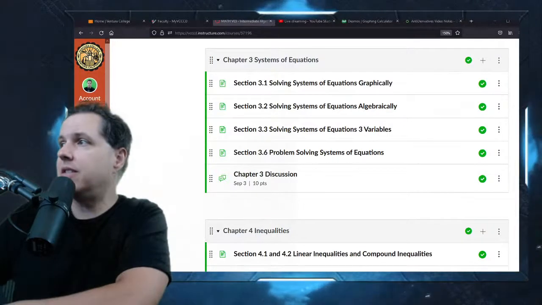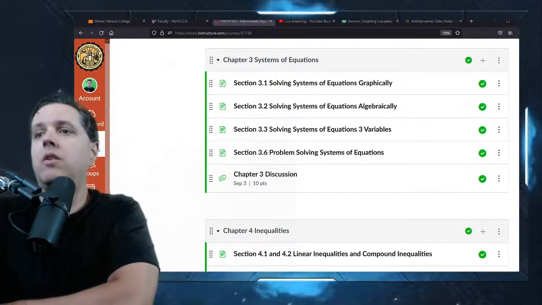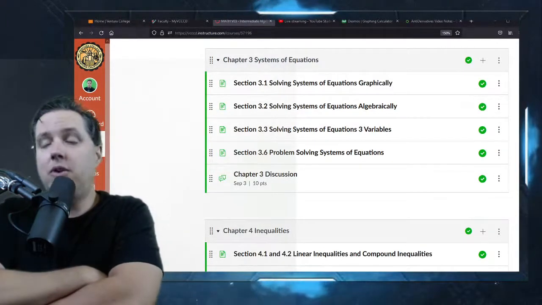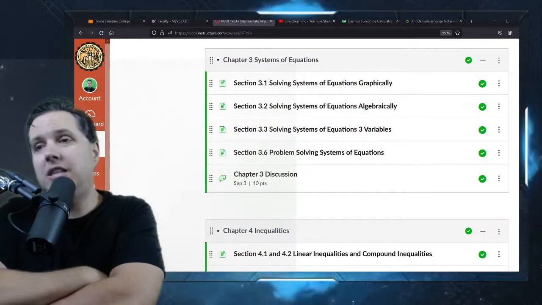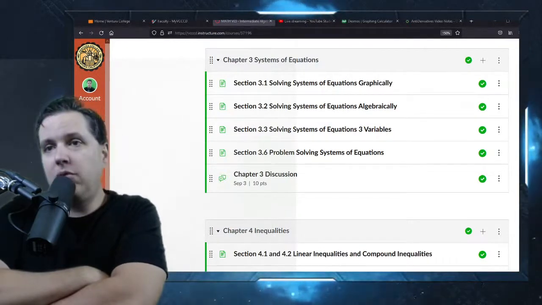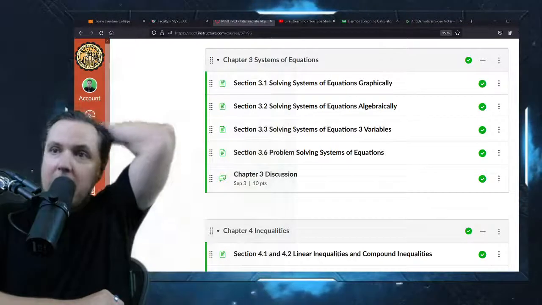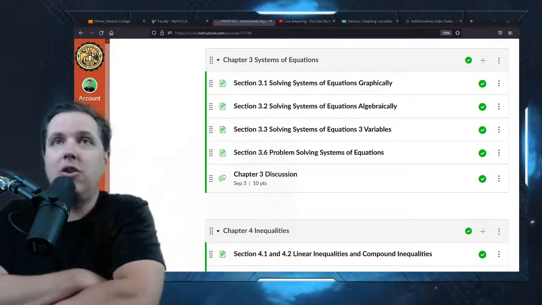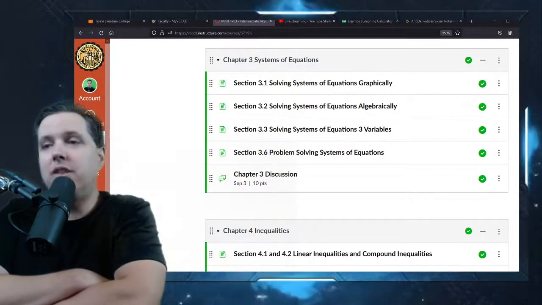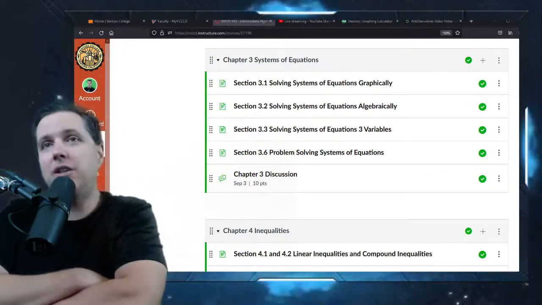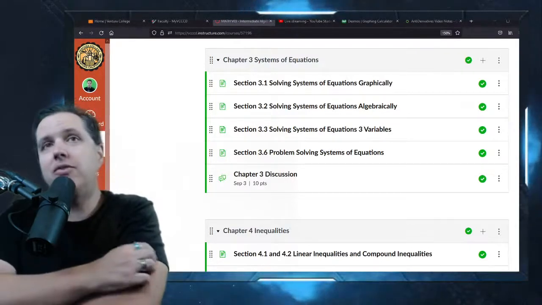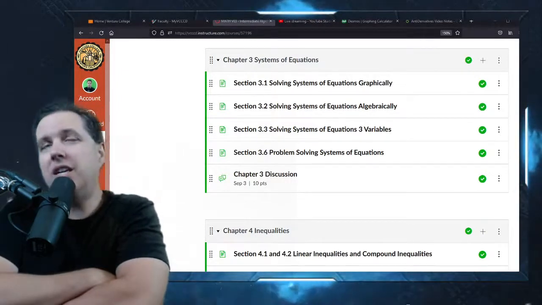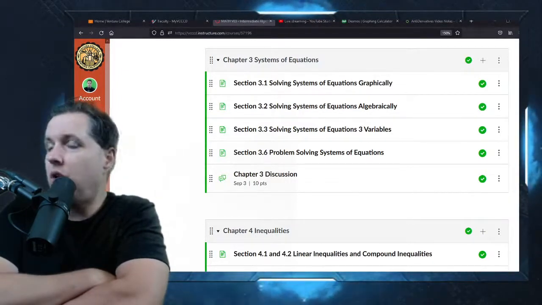So for instance, systems of equations. You may have done some systems of equations before, and that's great. That's going to give you a great introduction into this chapter. We probably will be doing systems of equations that are more complicated than what you've seen before, right? That's not to intimidate you or to scare you, just to let you know that's how a lot of this class goes. You've seen much of this stuff before. Some of it you haven't. Some of it you may have seen before, depending on what school you went to. But the problems get a little bit harder than you saw before.